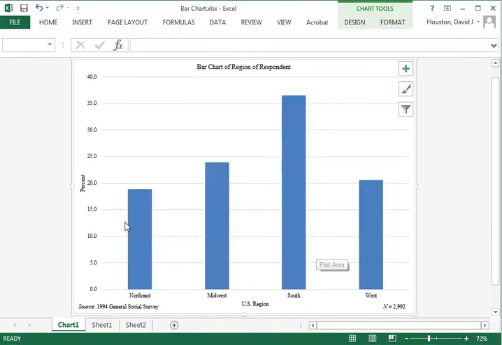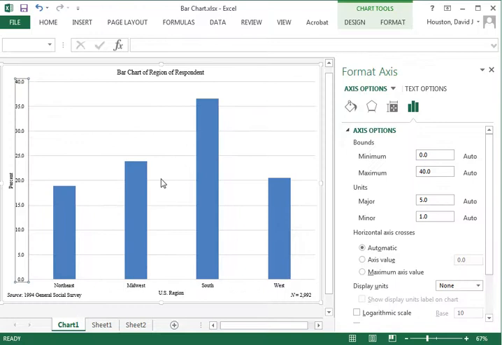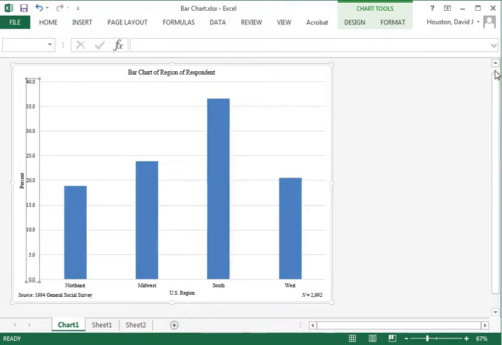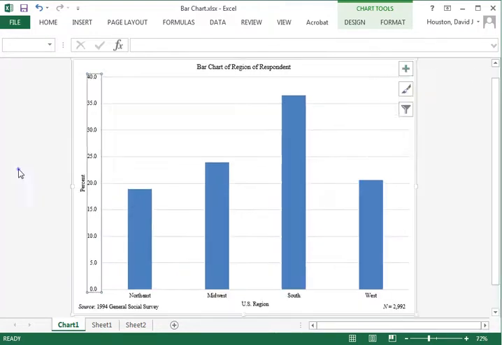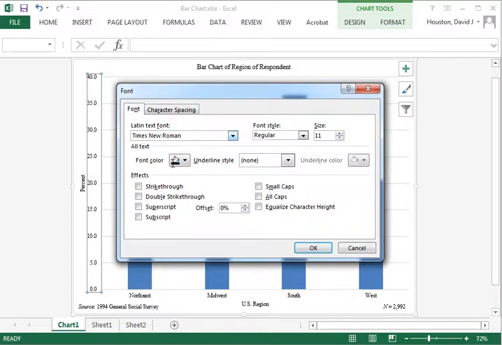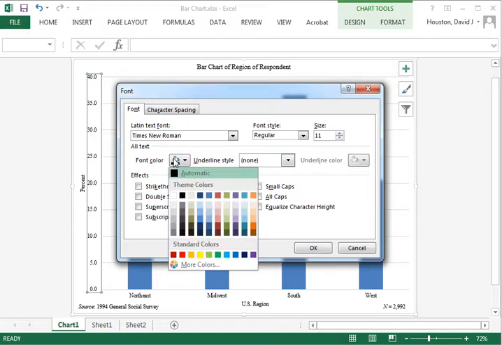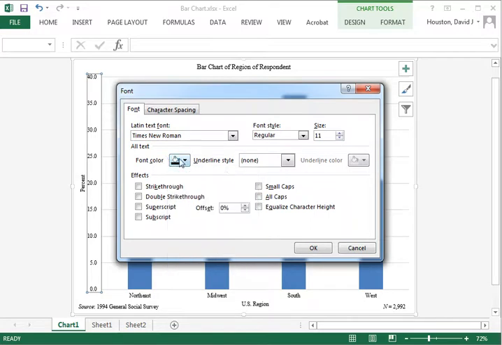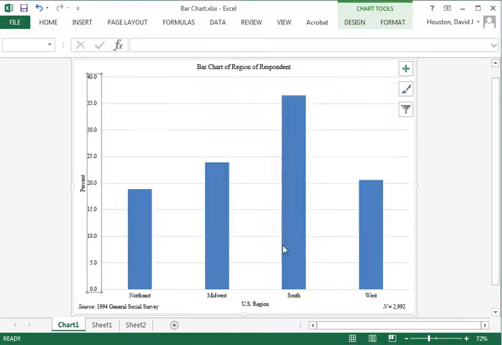Oops, I double clicked. Let's just go ahead and click once to highlight. Now, right mouse button to open up the options. Click on font. Times New Roman is selected. We have 11. We have black. And that is what we want. Click OK. And there we see, now we've modified that information. Okay?